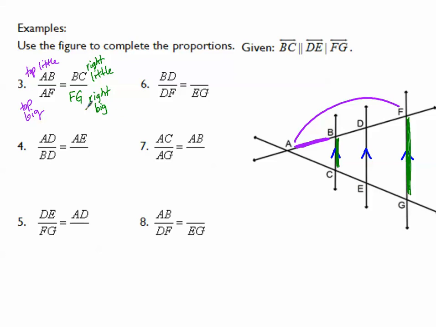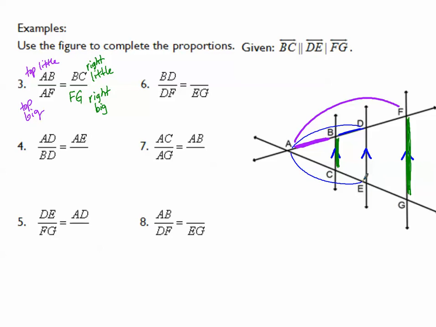See how that works? Want to try a few and come back? Let's do more. AD over BD. AD, BD. So we went AD, AD, BD. Then